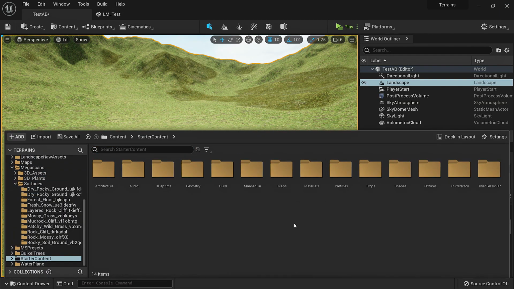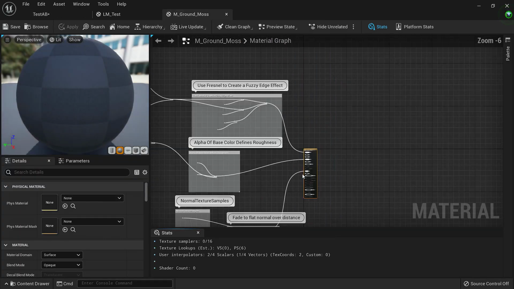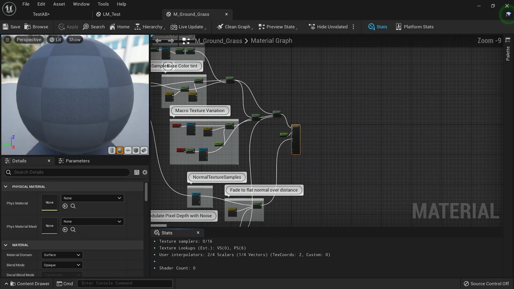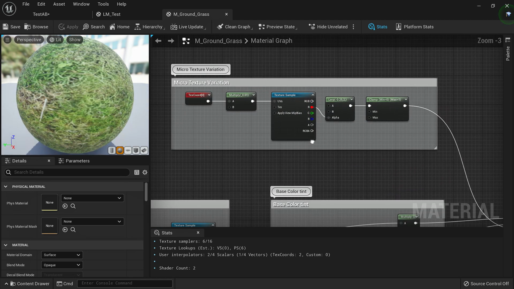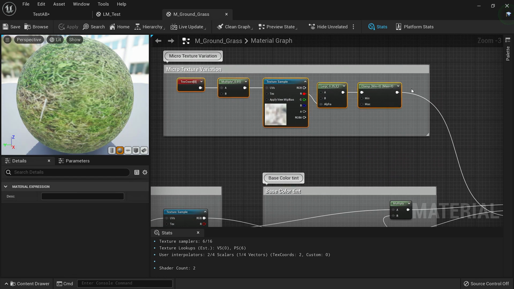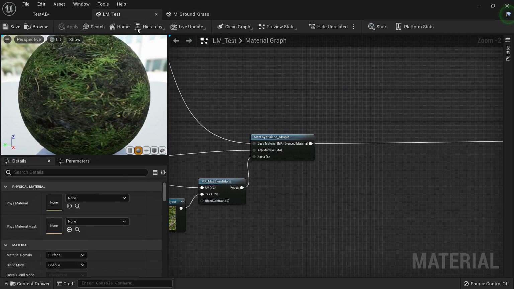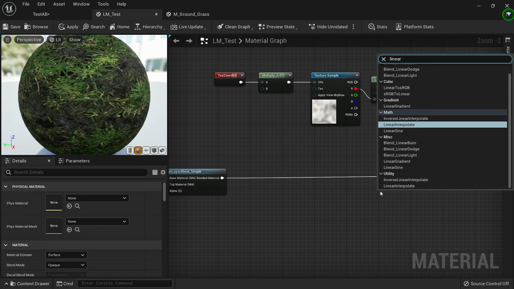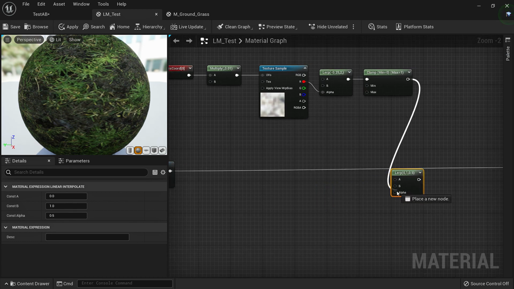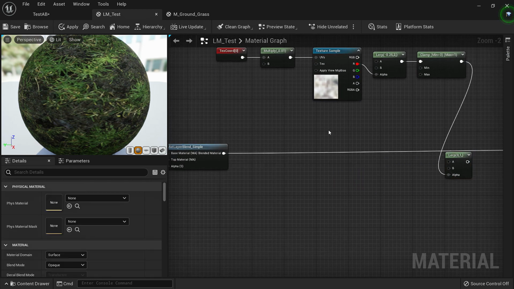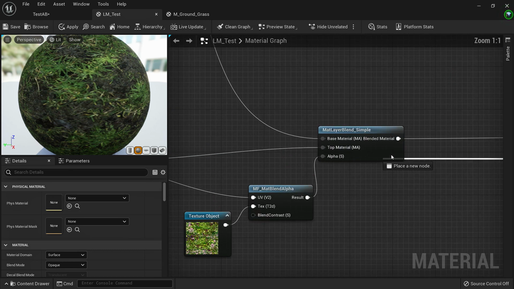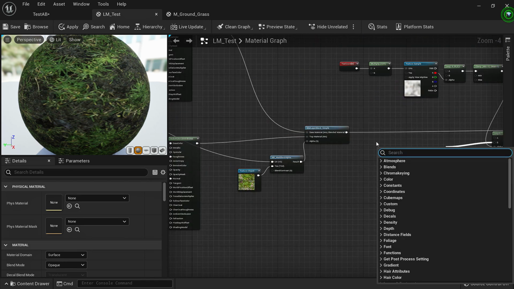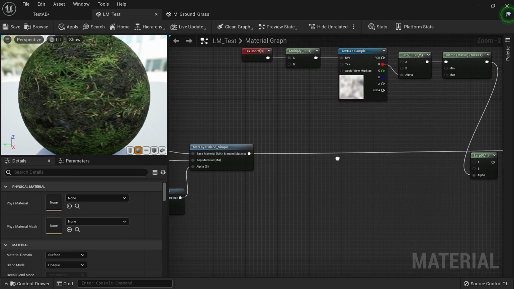So if you go to starter content, materials, and the grass, this is the startup material, and you see that there is a micro variation texture here. We would simply copy it from there and paste it here. So now we will take a linear interpolate and put this as alpha. Material attribute does not work with Lerp. That's why we were using matte layer simple before to blend our materials.